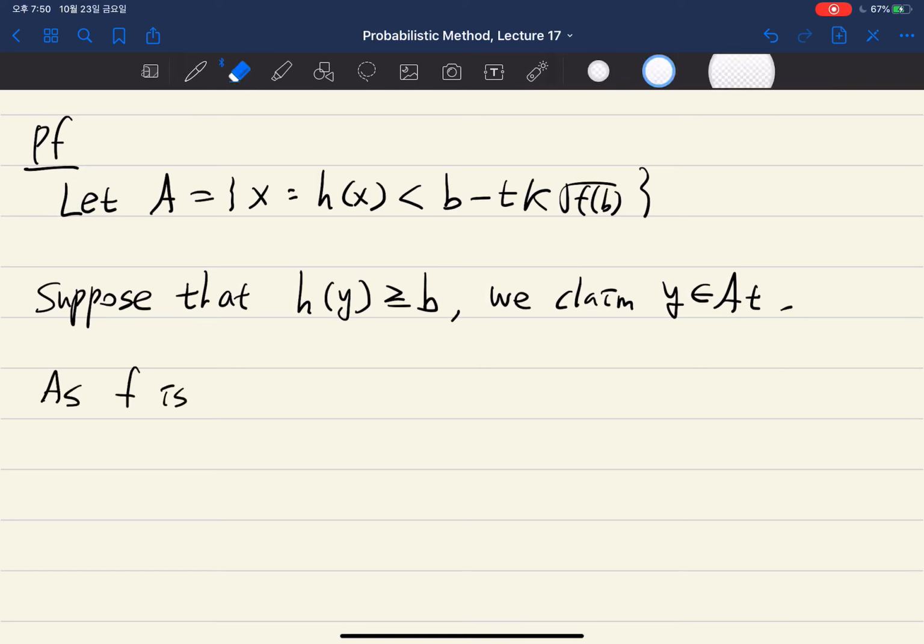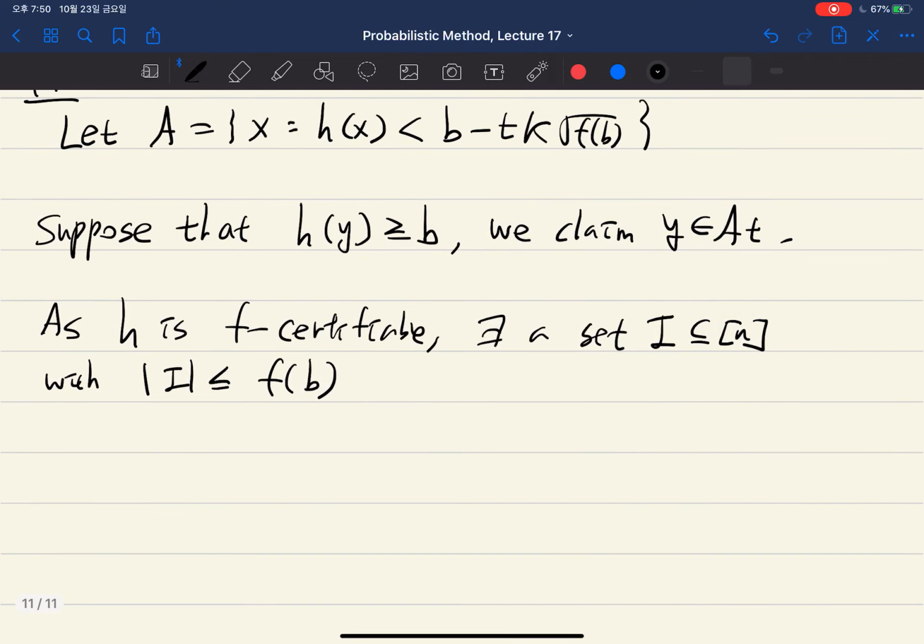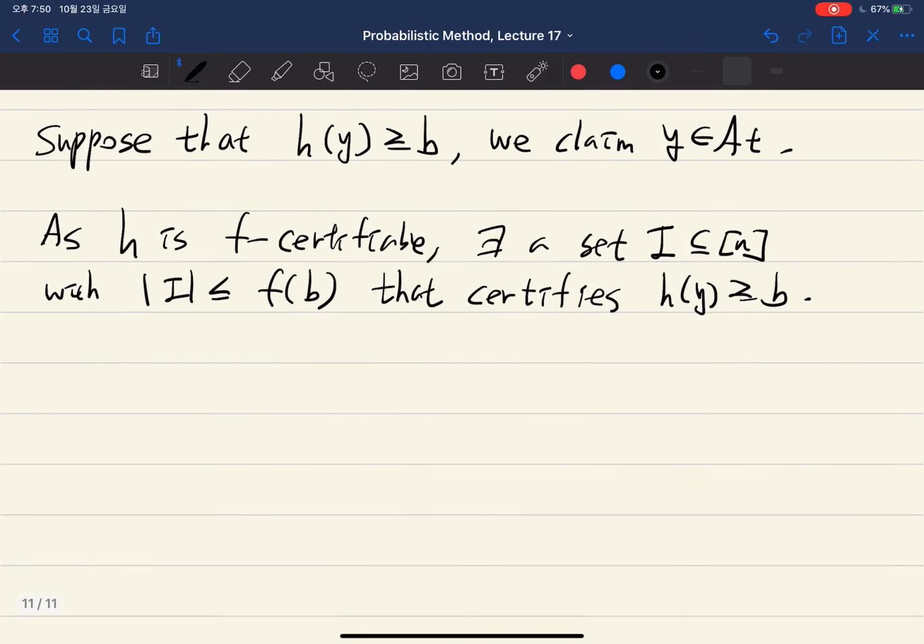As h is f-certifiable, there exists a set I of indices with size at most f(b) that certifies this inequality. So we take an alpha vector whose ith coordinate is 0 if this i does not belong to this capital I,